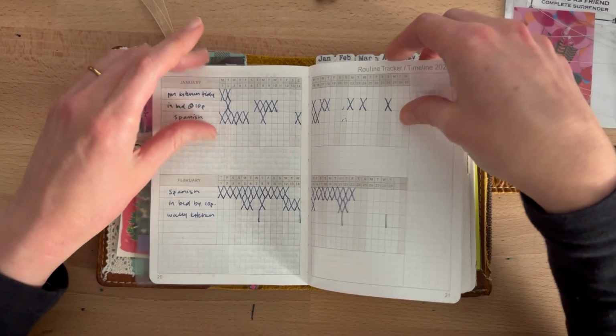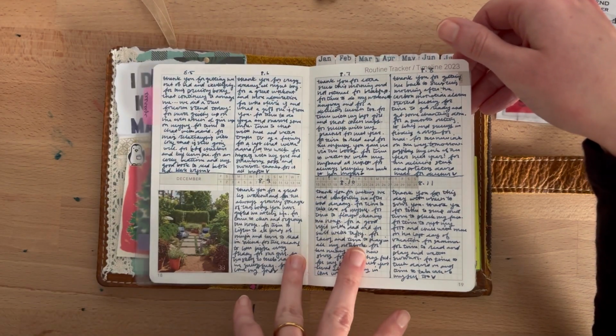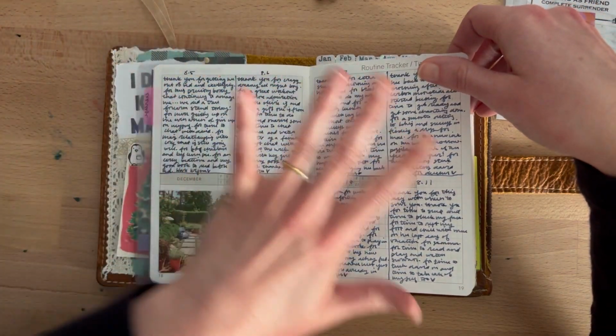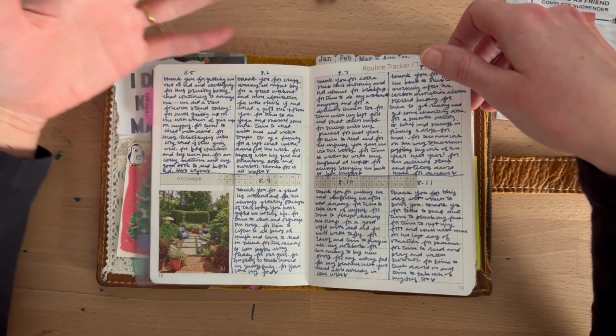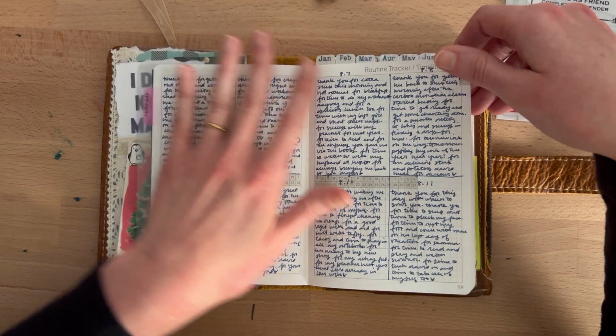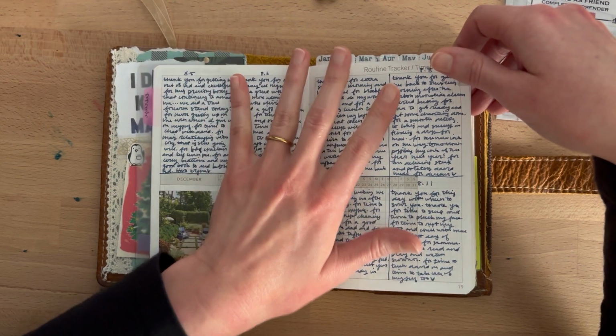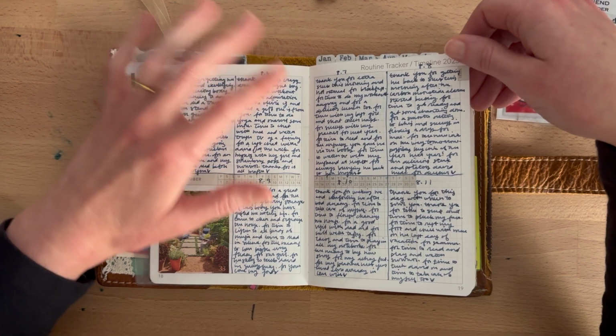So instead of just leaving these pages blank though, I made these into gratitude pages. This is another part of my planner that I implemented again this year. I've done this before, but I fell off last year when things got rough, and so I implemented this again. This is one of my favorite practices in my planner, just a little bit about gratitude, something I'm grateful for